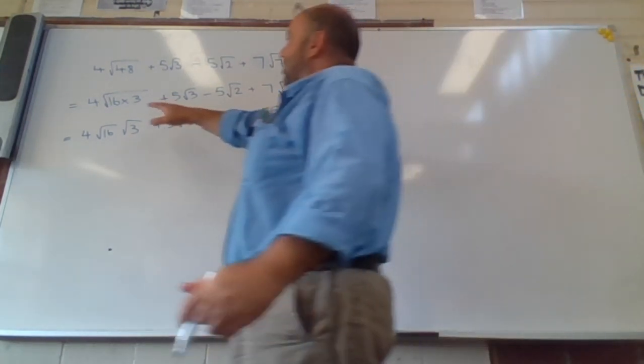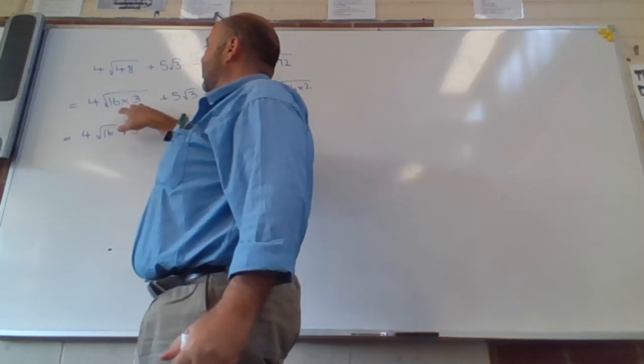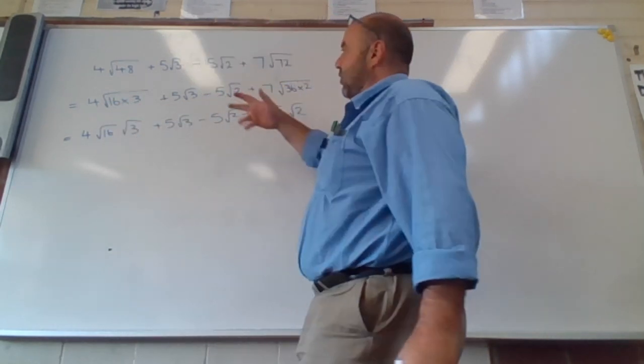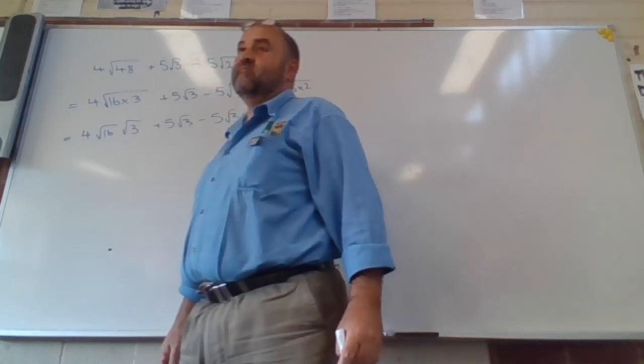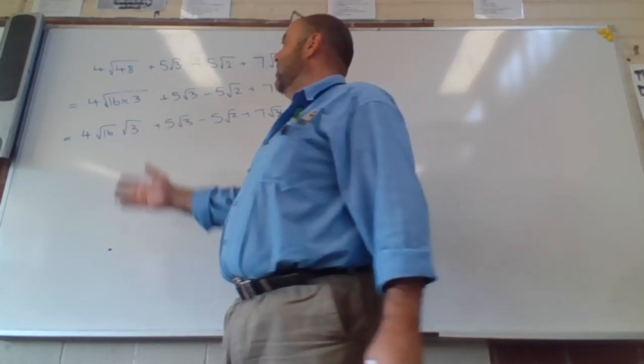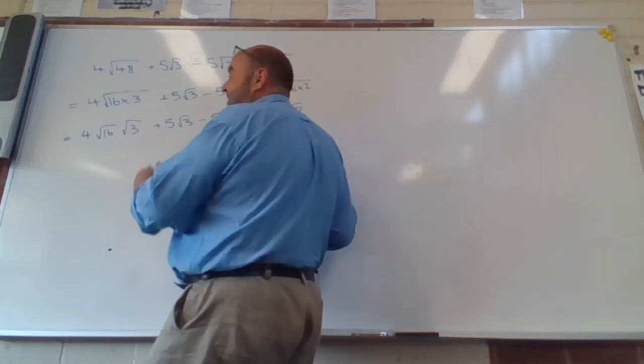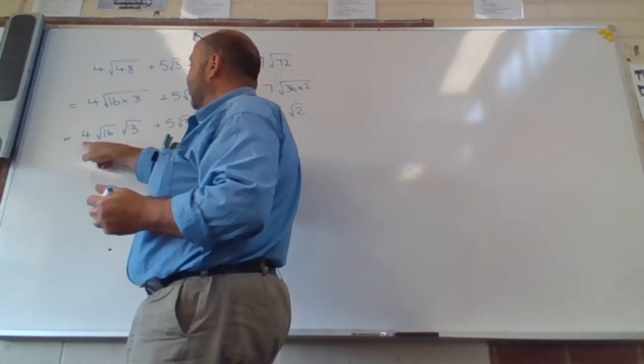So I split up the root 16 times 3 into root 16 times root 3, because I can simplify root 16. I can't simplify root 3, but I can simplify root 16, so I want to get that out. So root 16 is 4. So that says 4 times 4,